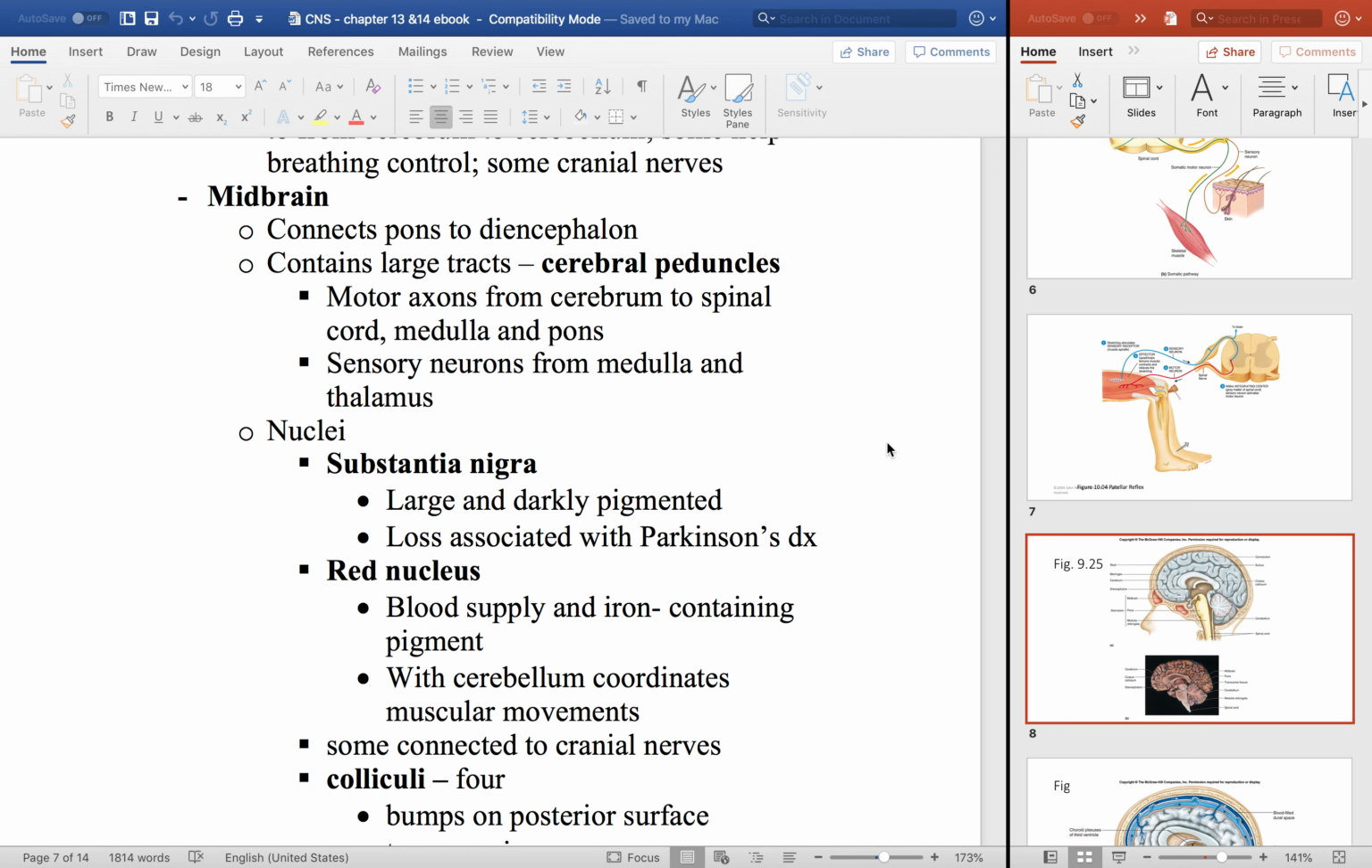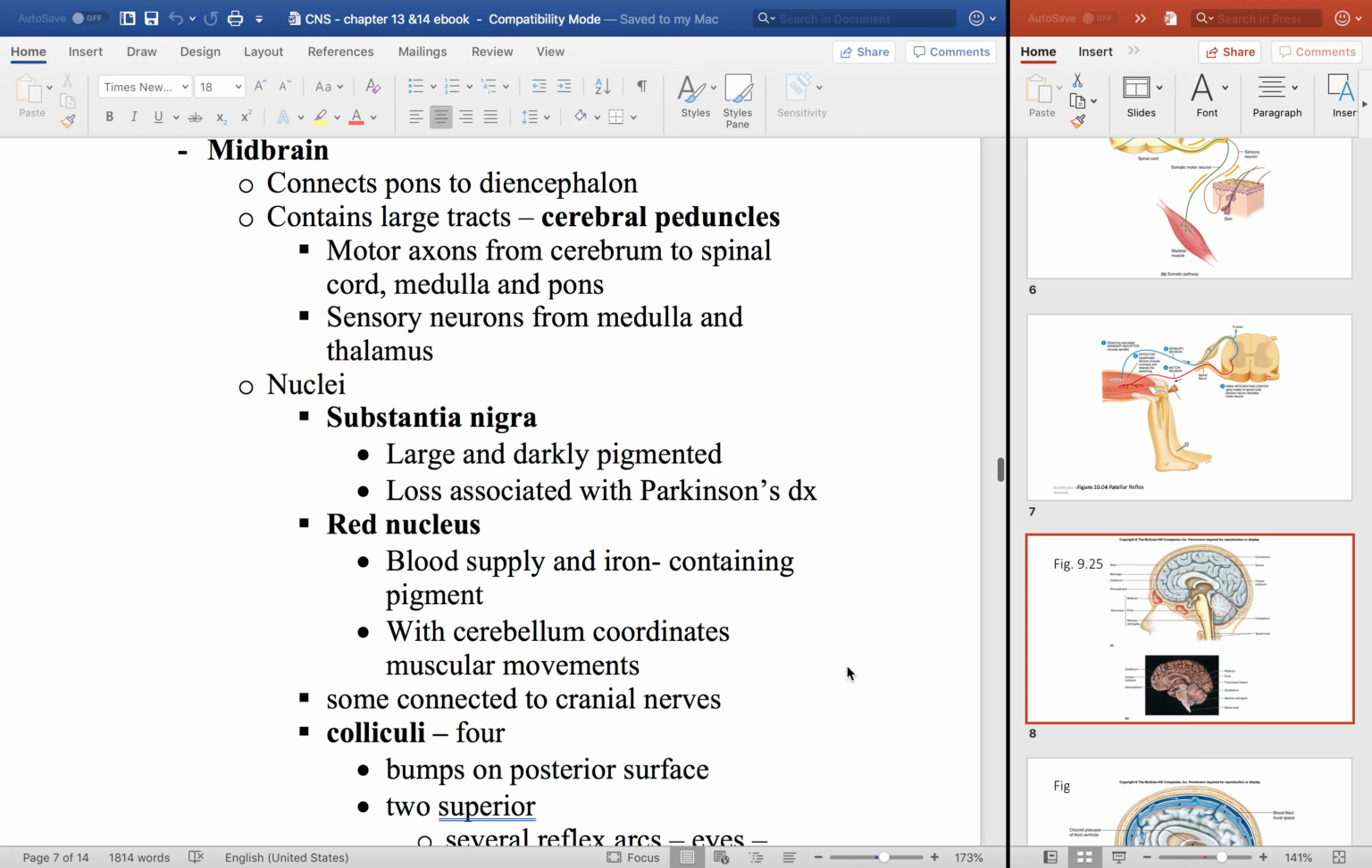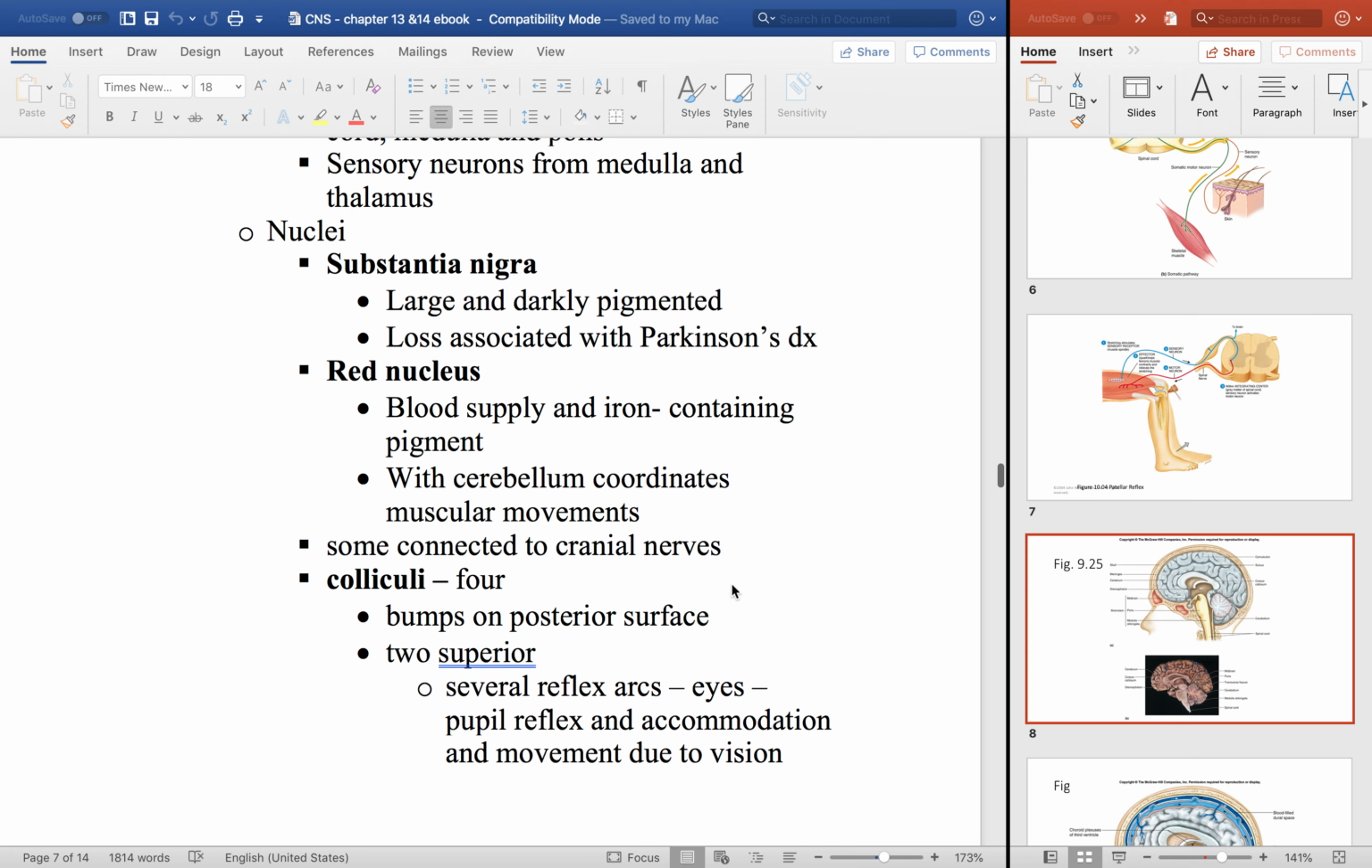Whereas the red nucleus, another nucleus within the midbrain, has a lot of blood supply and iron-containing pigment. The cerebellum coordinates muscular movements through this. So again, the cerebrum and the cerebellum work together for our movement coordination after the cerebrum decides what it needs to do. There are some cranial nerves associated with the